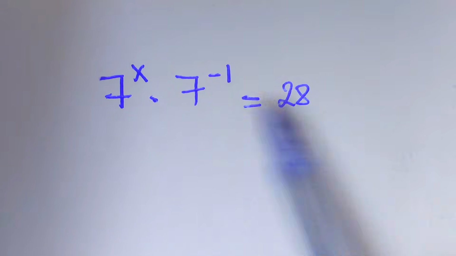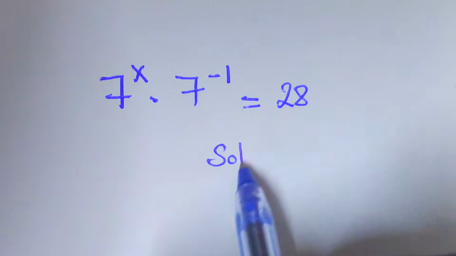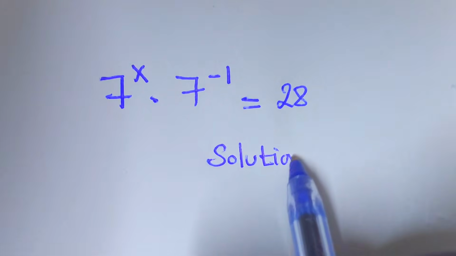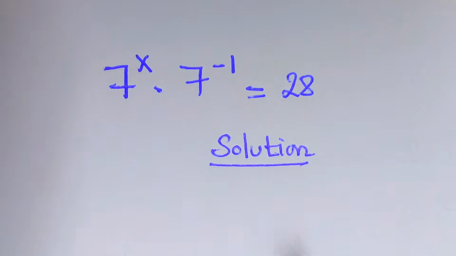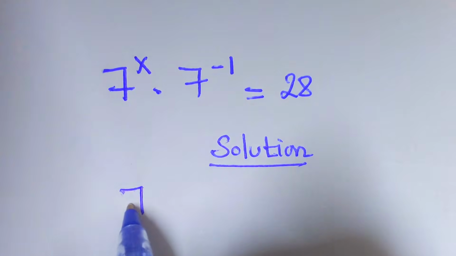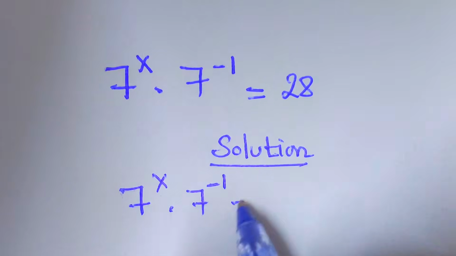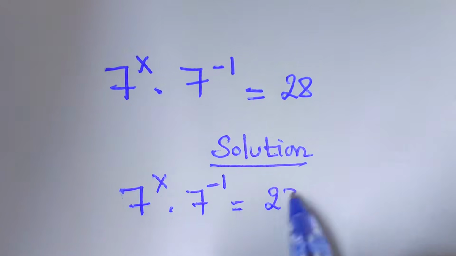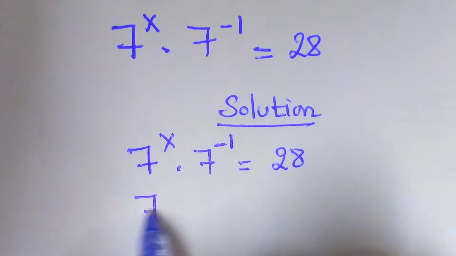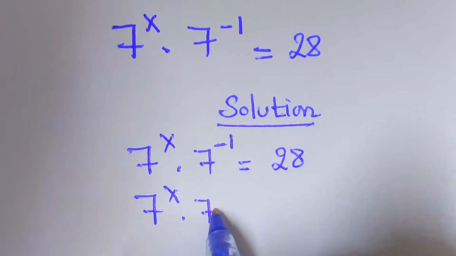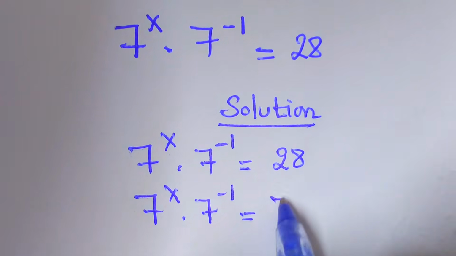7^x times 7^(-1) equals 28. Let's provide a solution. Our solution will be coming very quickly, and here I have to copy. We have 7^x times 7^(-1), which equals 28. And here we shall say 7^x times 7^(-1) should be, here we have 7 times 4,